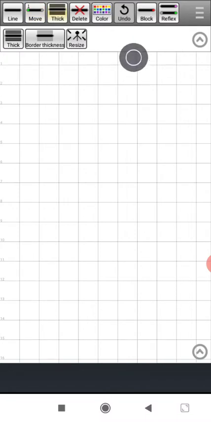And here you are going to use delete to delete a stick figure part or the full stick figure. Then here, the undo button. Undo means it will delete the current action. It will take you to the previous action.